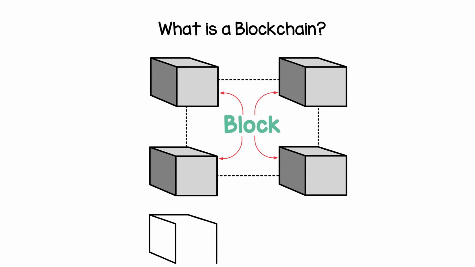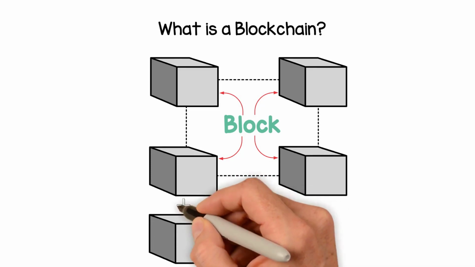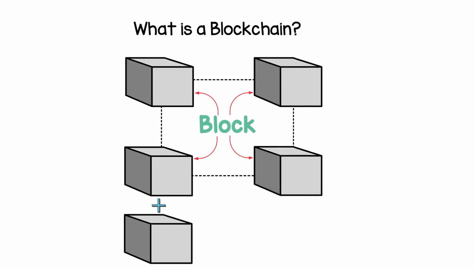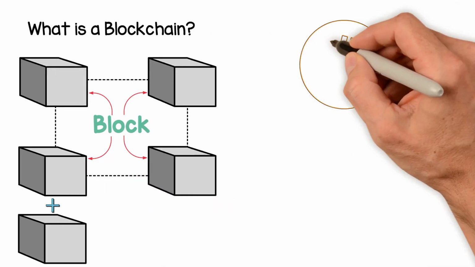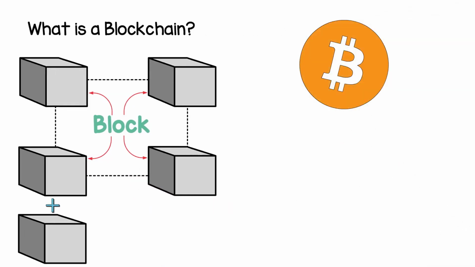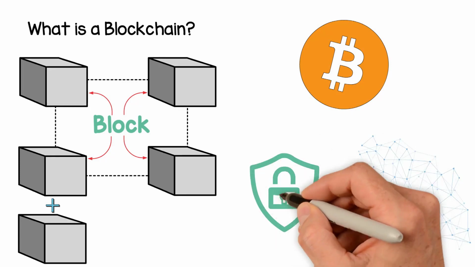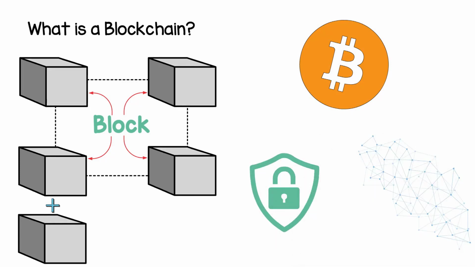All new information that follows that freshly added block is compiled into a newly formed block that will then also be added to the chain once filled. Blockchains are best known for their crucial role in cryptocurrency systems, such as Bitcoin, for maintaining a secure and decentralized record of transactions. The innovation with a blockchain is that it guarantees the fidelity and security of a record of data and generates trust without the need for a trusted third party.